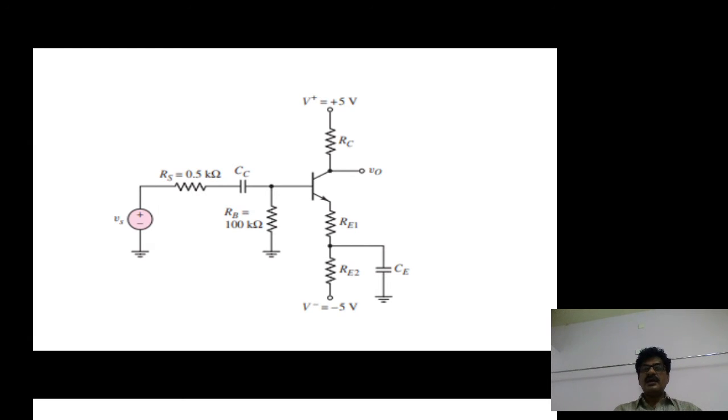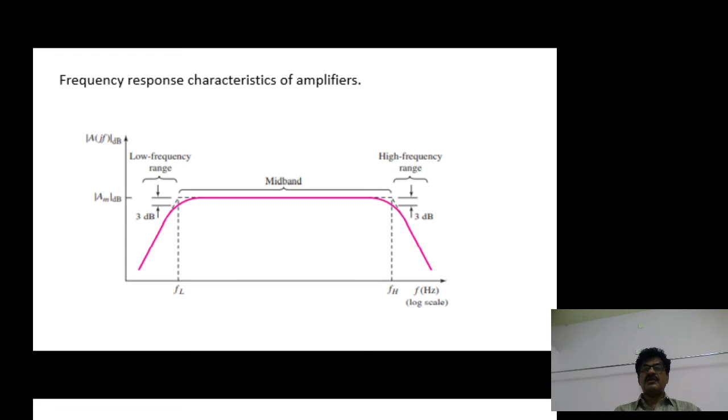Okay, and this circuit also shows a capacitor CE called bypass capacitor. The purpose of the bypass capacitor is to avoid AC negative feedback. In addition to these capacitances, some stray capacitances may exist in the circuit, and transistor junction capacitances are also there. All these capacitors may not affect the gain in the mid band, in the middle frequency range. That's why the gain is constant.